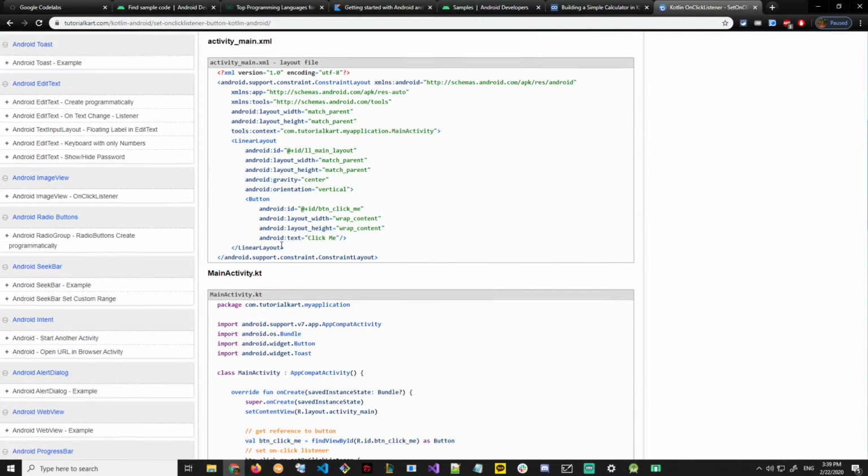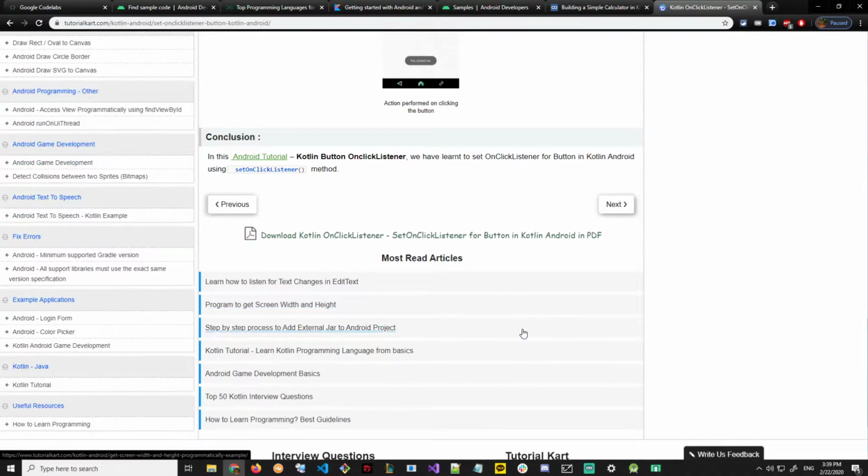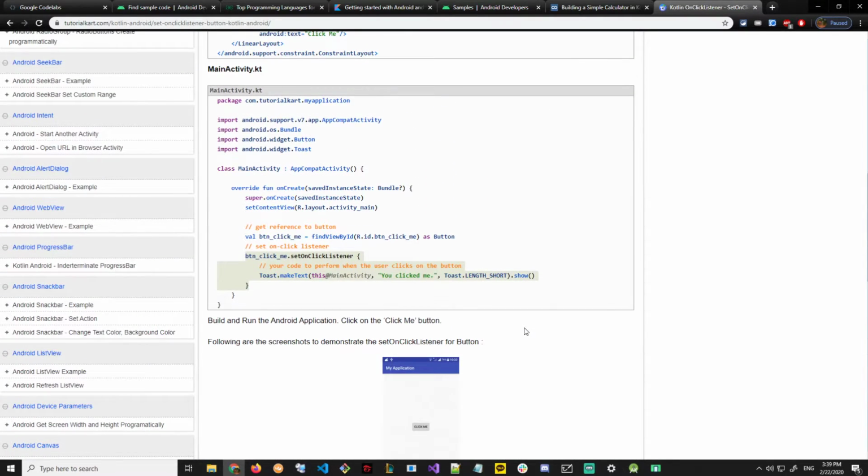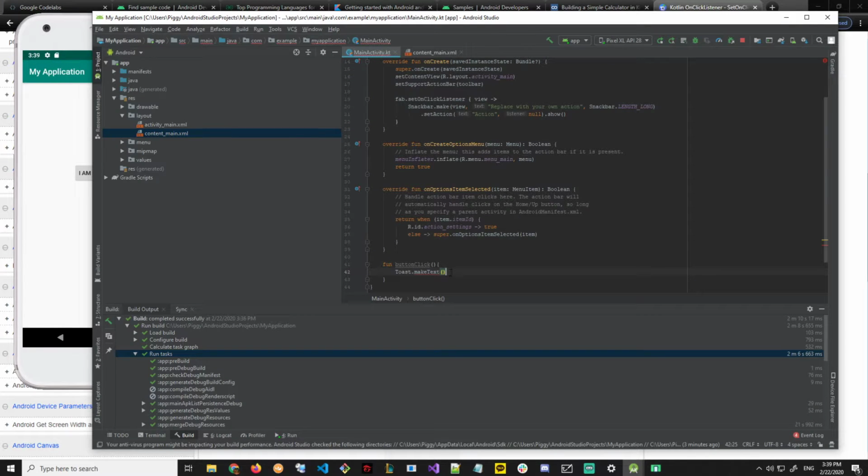Let's see. Set on click listener. So they're using a toast here as well. Set on click listener. So this is kind of an example you can use. You can write a function as well, which I was going for, but generally if you want to just learn how to do stuff, you can just copy. I don't encourage this in the long run, but